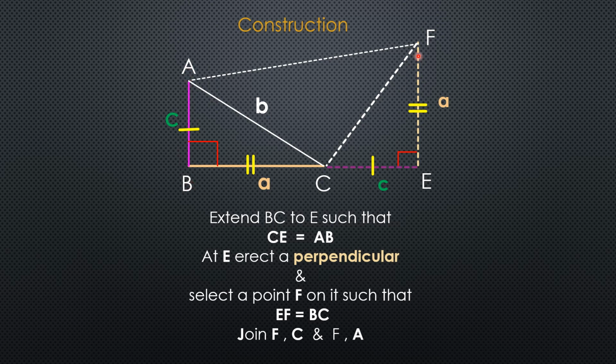See, AB and FE are perpendicular to the same line BE. So assume that BE is the transversal. We know that if the sum of the interior angles on the same side of the transversal is 180 degrees, then those two lines must be parallel. Therefore, we can say that AB and FE are parallel to each other. So we have one pair of opposite sides parallel. Then by definition, this quadrilateral must be a trapezium only.